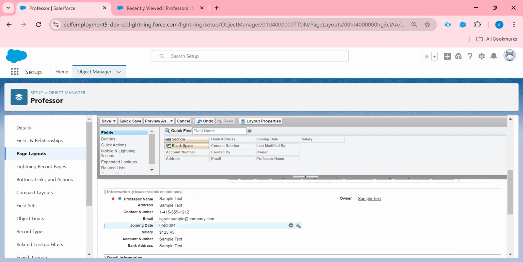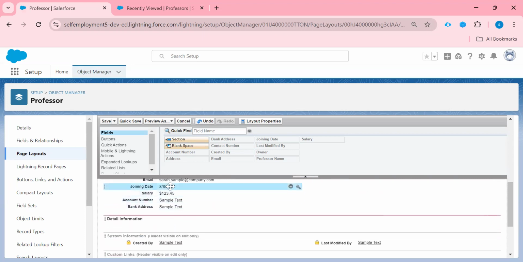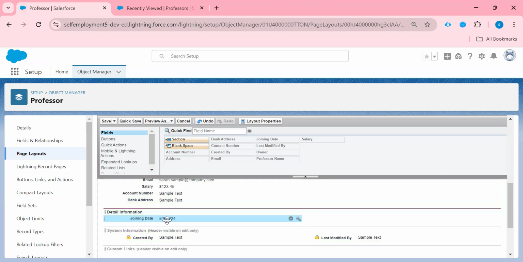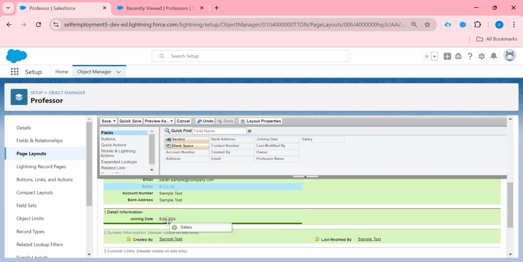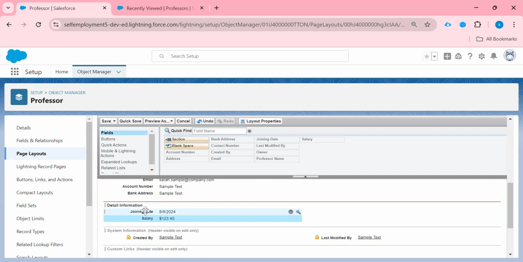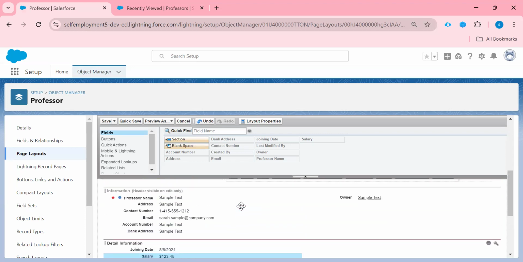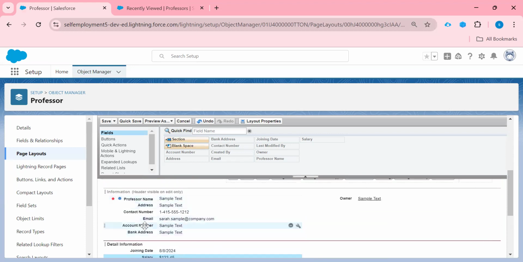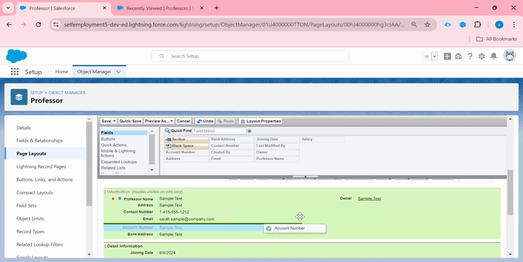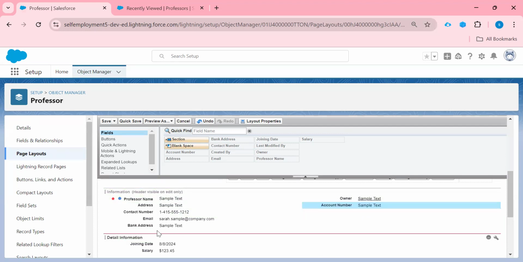Simply drag and drop the fields which you want to assign here. See joining date and the salary. I want to keep inside this detail information. And in this way, if you want to move these fields to this side, you can.